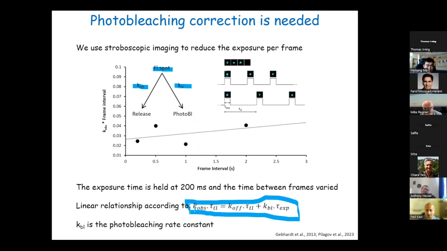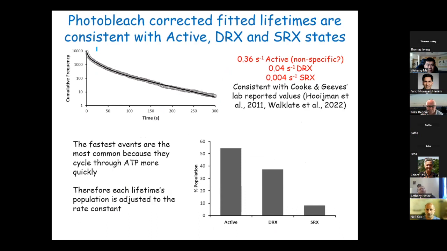And that is a linear equation when plotted as the observed rate constant multiplied by that time interval on the y-axis, against the time interval again on the x-axis. That tells us the slope of this line is actually the true K-off, and the intercept with the y-axis contains the photobleaching term KBL. So from this we can work out what our true off rate is, and from those we can deconvolute these data to tell us that the fast rate constant is